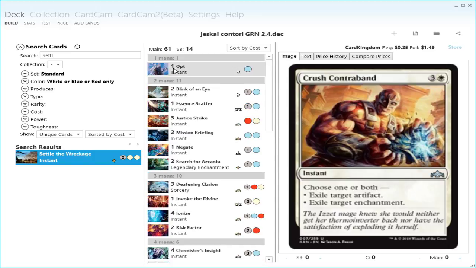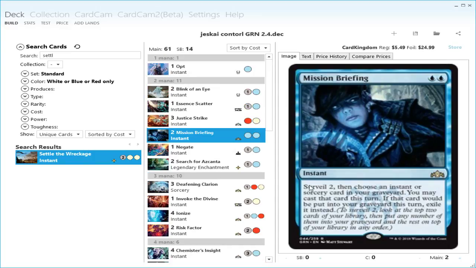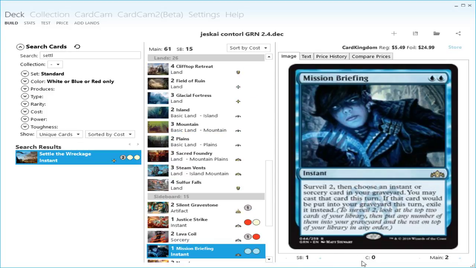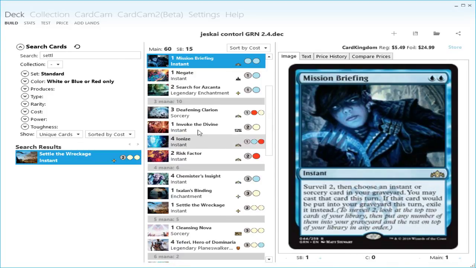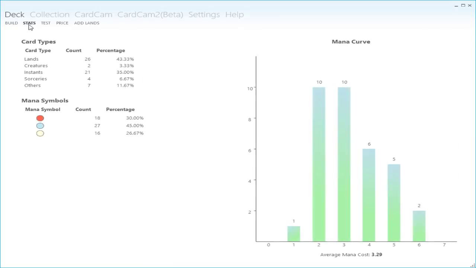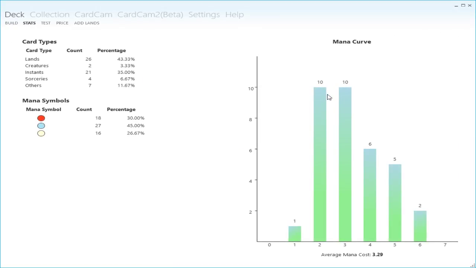So what do I not need in here? I'm probably gonna cut a Mission Briefing, so I'll add 1 to the sideboard, 1 main board. There we go. And if you look at my curve, it's heavy in the 2 and the 3, but I think that's necessary for the way the meta is going. Okay, I'm at 27 blue sources,